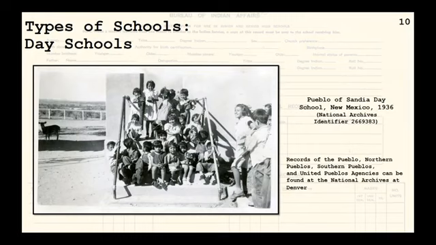Day schools were by far the most numerous and least controversial, given they were based on the traditional concept of a student going during the day and returning home at night. As BIA education efforts were standardized, day schools became the sort of equivalent to elementary schools, feeding students into either boarding schools or local high schools, and you could have dozens and dozens on one reservation, split up per reservation district, for example. In this slide, we see a shot of students down in New Mexico, along there with an inquisitive deer off to the left.